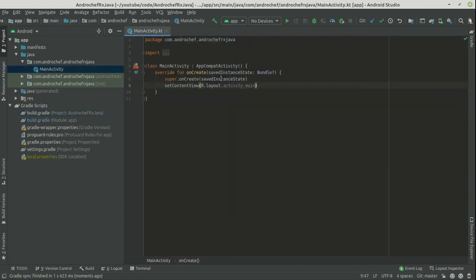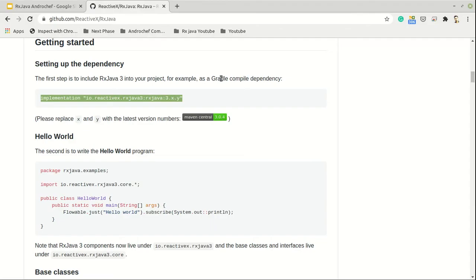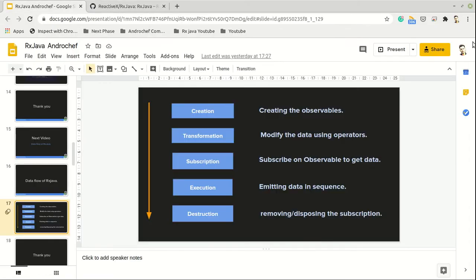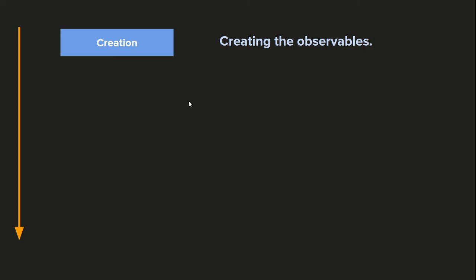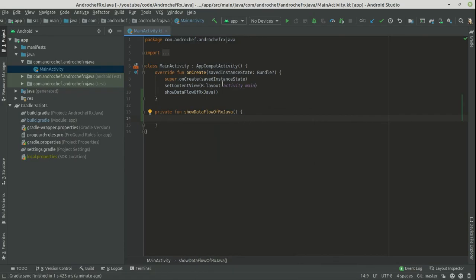Now I will create one function called showDataFlowOfRxJava. In this function we are going to implement one RxJava task. As you can see, the first stage is to create an observable. So in Android Studio, we will create one observable.